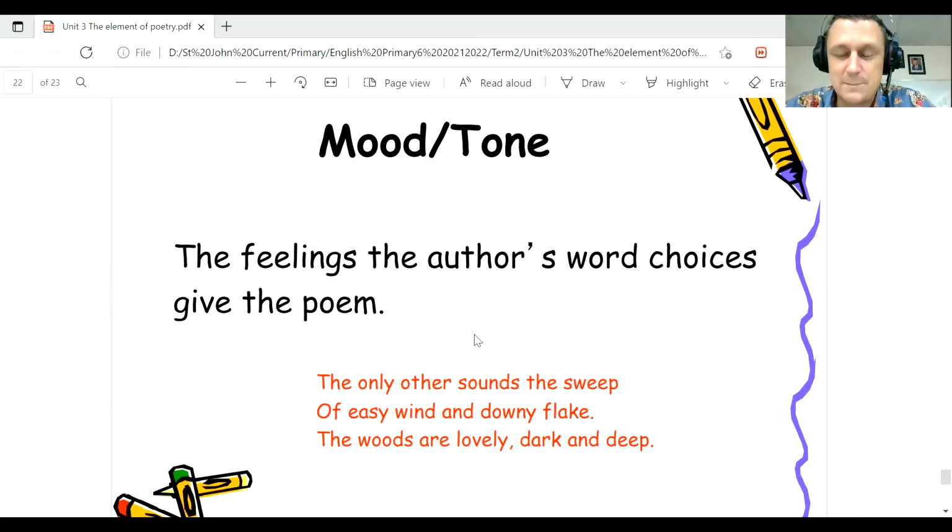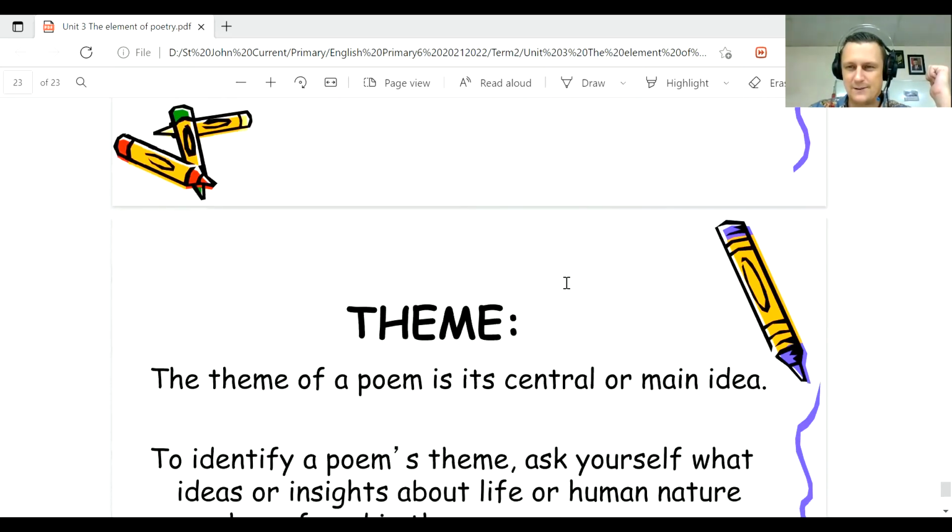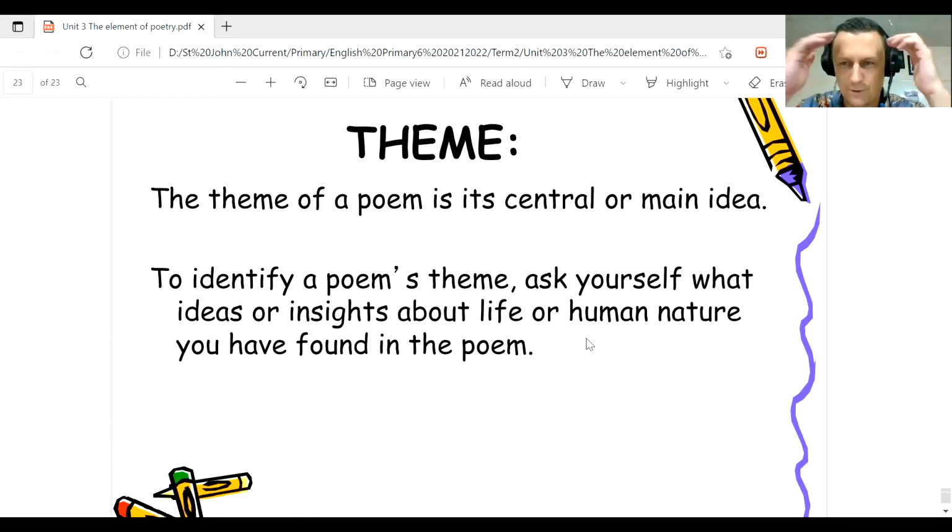Maybe he doesn't like the hustle and bustle of the city and all the busy bee noises, people arguing and traffic and stuff, and just only the sounds of the wind. And downy flake could be snowflakes, but I don't think they make any sound. But you can use it as a figure of speech. The only thing that you have around you is just pure nature, nothing else. No human distractions, no noise. Maybe the author likes to retreat from the, you know, the violent world of noises and busy people